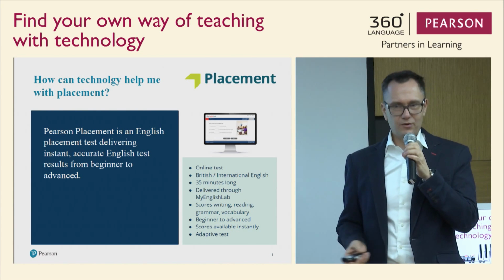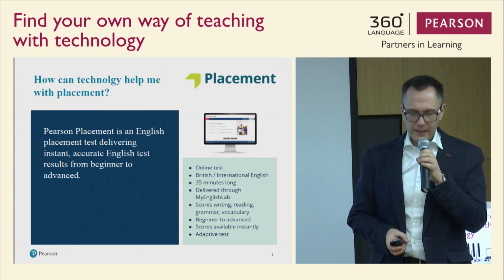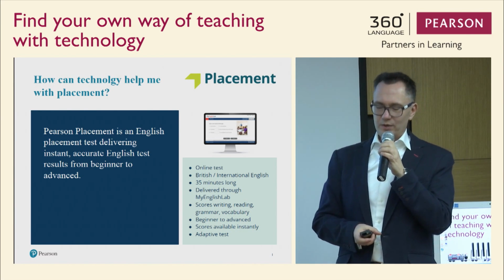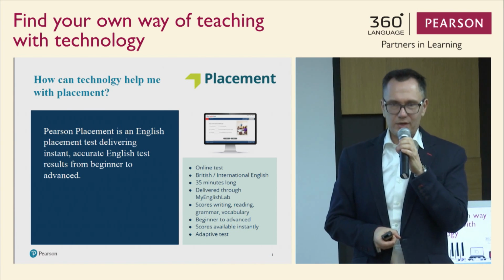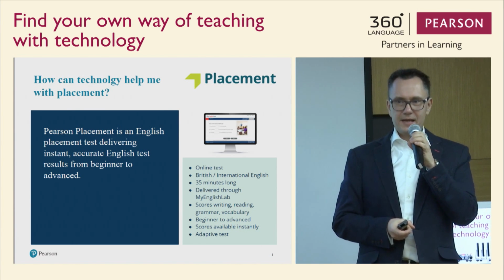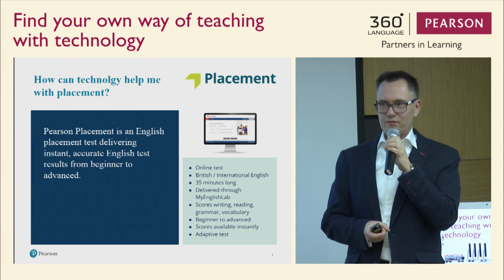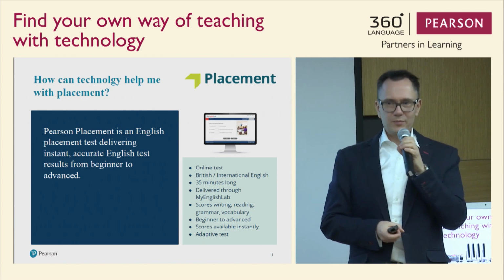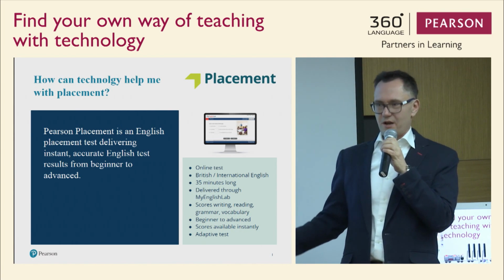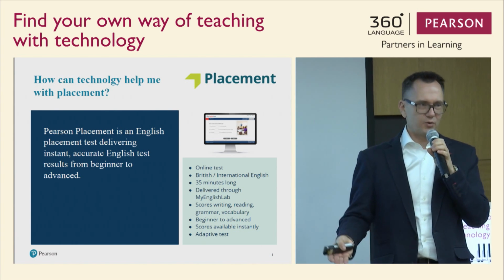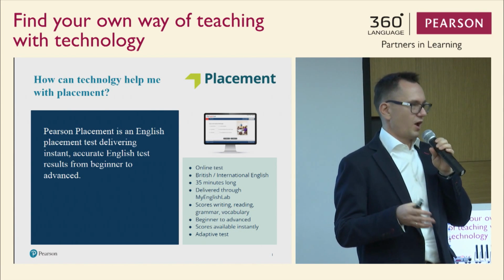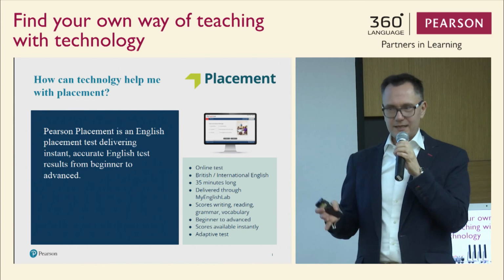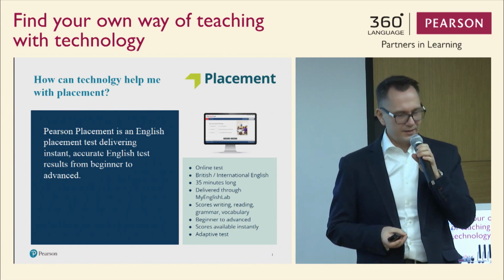Please notice that on the slide it says that the scores that a student will be getting will be for writing, reading, grammar, and vocabulary. And next year, we are also going to have the possibility to test the students' speaking skills. Now, this may be surprising because you all probably know that it isn't very difficult for a computer to test such skills as grammar, reading, listening, but writing? How can a computer check a student's writing?